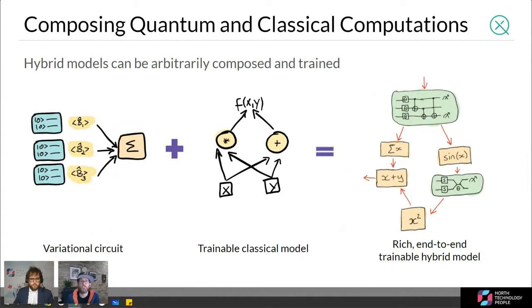You can think of much more complex architectures, of course, by allowing the classical model that you're using for optimization to also be trainable. Why not, right? And then you start entering this realm of arbitrary hybrid quantum-classical models, where you take a trainable quantum circuit and a trainable classical model, and you could build one that feeds into the other, that then feeds into another, and you can have these end-to-end trainable hybrid models that incorporate both quantum and classical components.